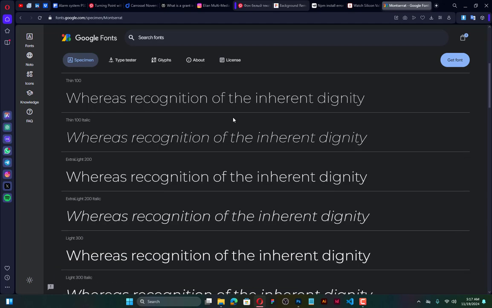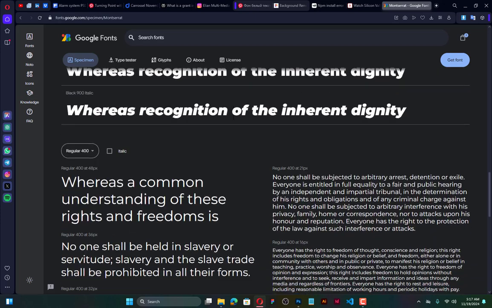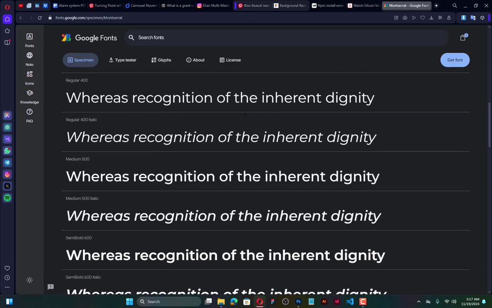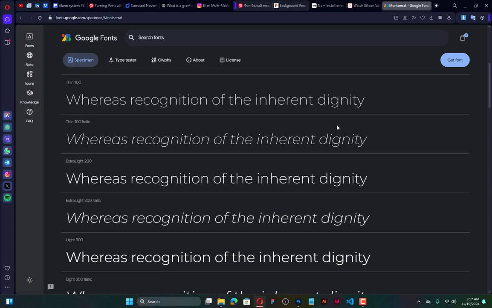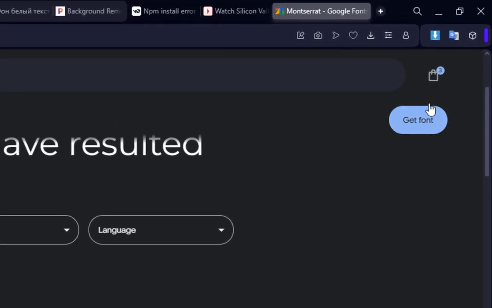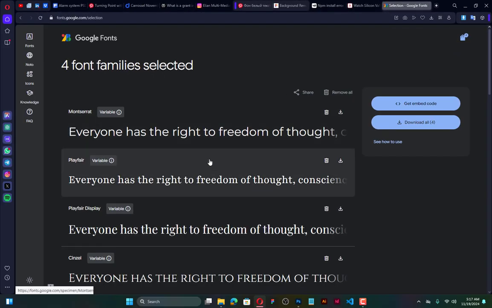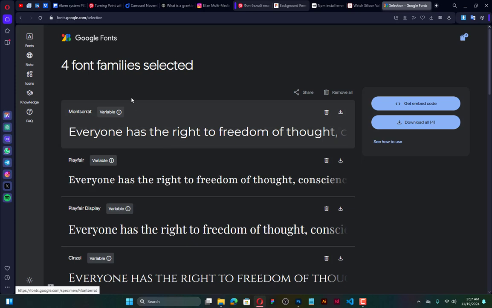So over here you can download your font. These are samples of the fonts we are here to download. So this is how it looks. At the top right corner you see get font. You can click on the get font, then it will be added to the list of fonts that you